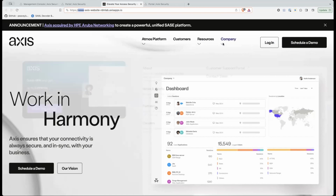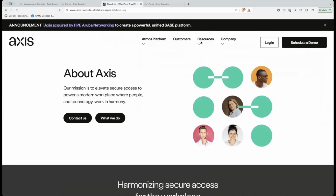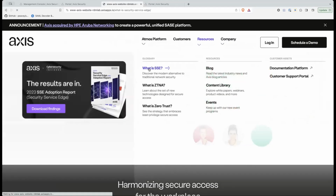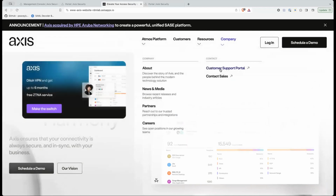And I'm able to access this as though I was on the regular internet. But all of the access is being routed through me. And so I've got all of these different links that I can click on. What you'll see, for example, if I go out to the customer support portal here,